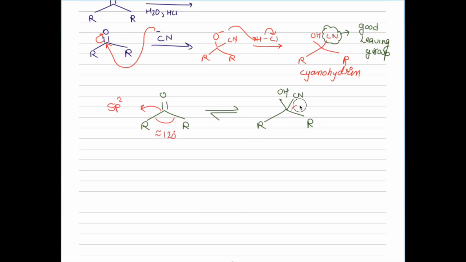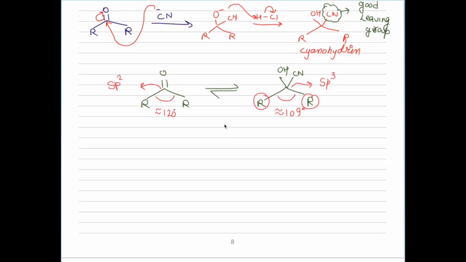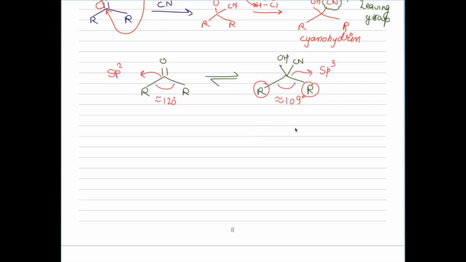But here this carbon is sp3 hybridized with an approximate bond angle of 109 degrees. I hope you can imagine that there is a decrease in the bond angle, which means these R groups come closer to each other, and if they come closer, there can be repulsion if these R groups are bulky, and hence this reaction is relatively easier for aldehydes,